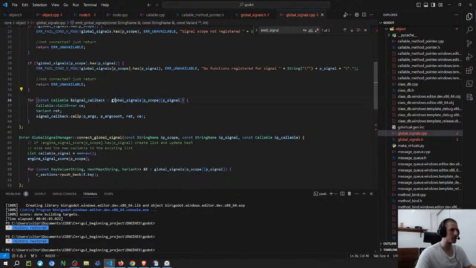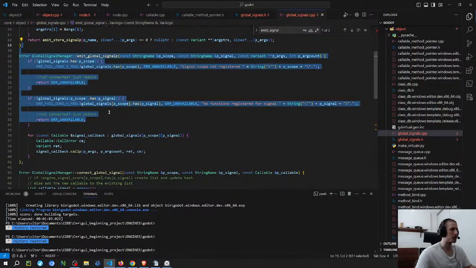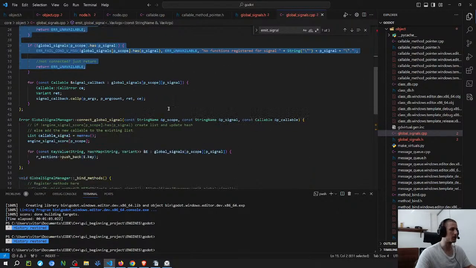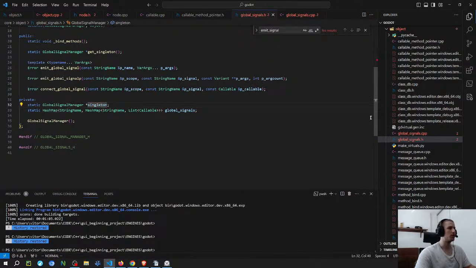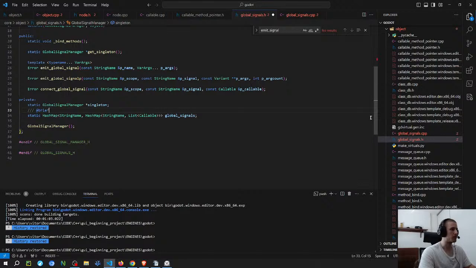So here I'm accessing the ones that were subscribed. Obviously, if both of these conditions are true, then it means that there is a list there. Because it's gonna be the first one, I'm gonna put here, so first scope. Then the second key is gonna be signal name.